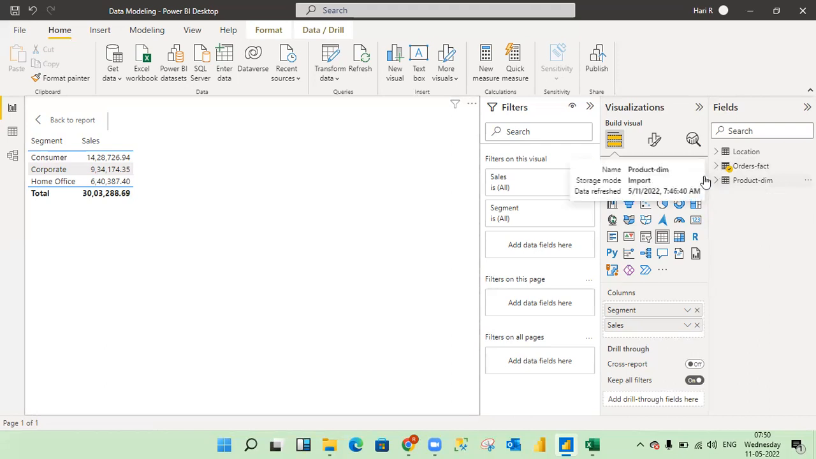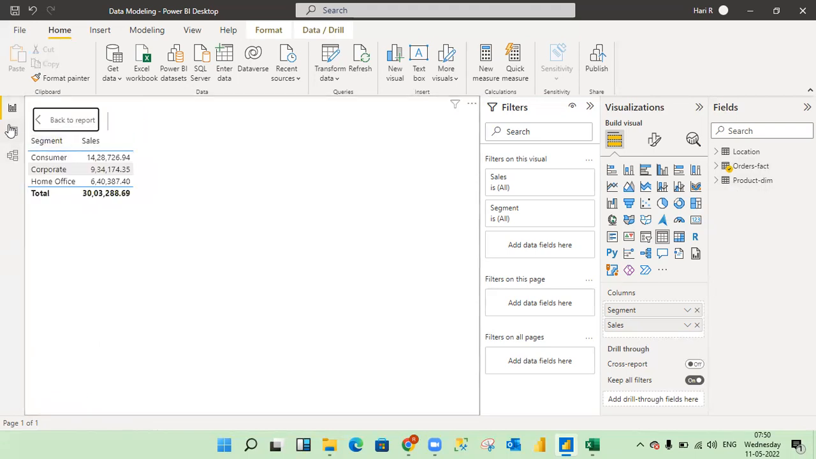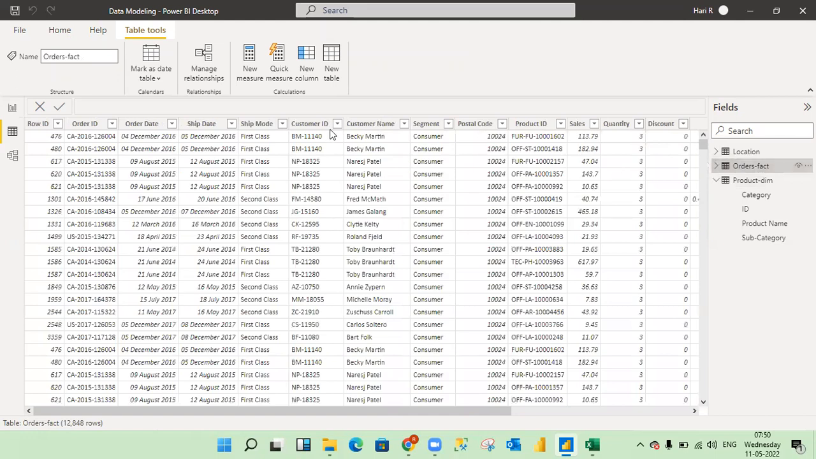Now let's create the relationship. Before creating a relationship, you should analyze the data. If we come to the orders table, this is the orders table. What is the unique key between both the tables? If you see, this is the data. We have row ID, order ID, order date. You have to look at all the columns and find out what the common key is